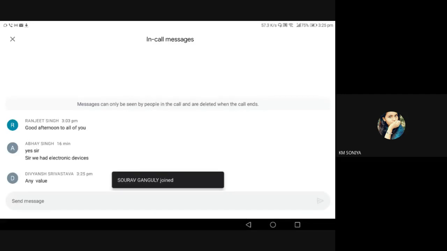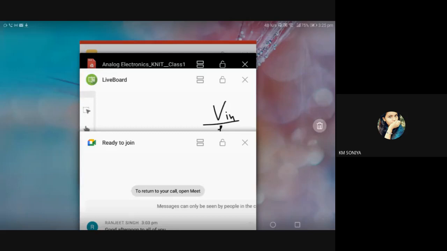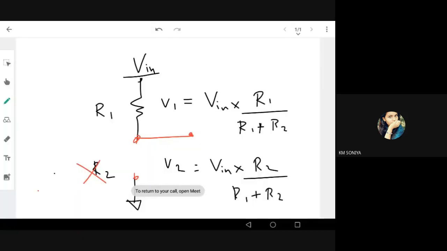Okay, I only got one answer, any value. So this is not any value, right? Because this is a specific voltage V and I'm applying V in, for example, plus 5 volt. So if I disconnect R2, what happens? When you disconnect, there is no current flow. When there is no current flow, that means resistance is very high, or infinity, because practically current is zero. So R2 is becoming nothing but infinity or a very high value.